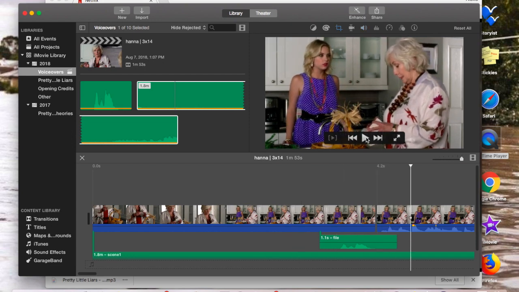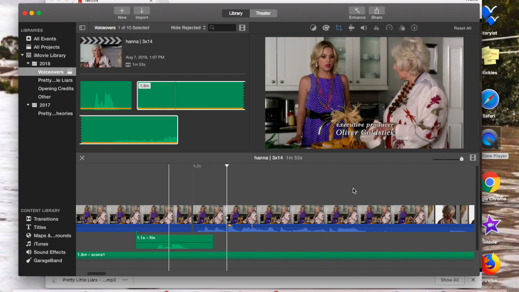What's that? Someone. So then, even though you have certain sections removed, you're not going to have, in scenes where